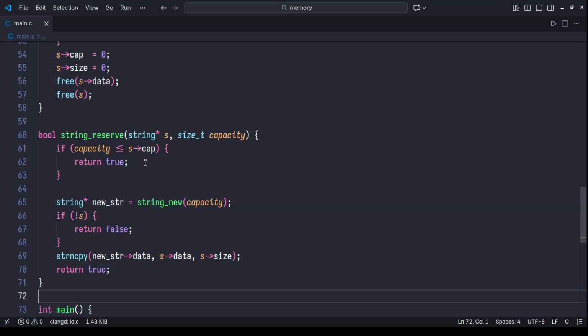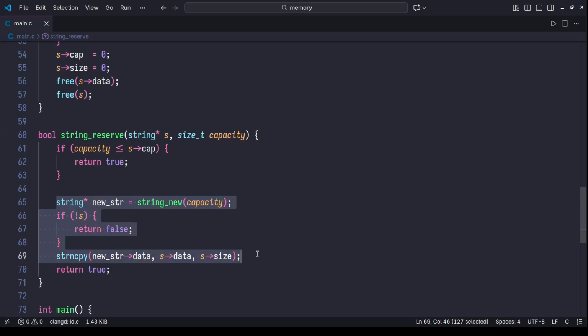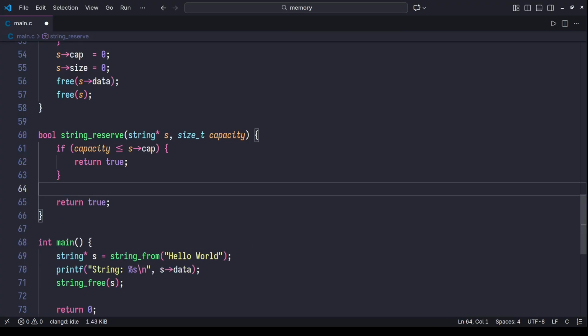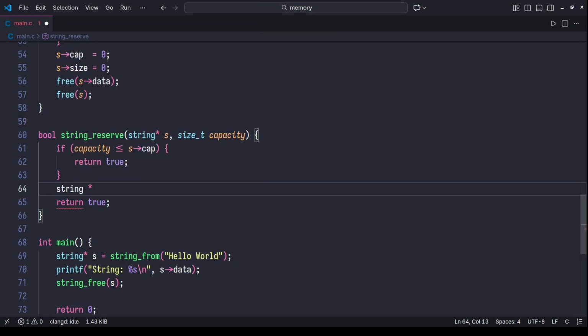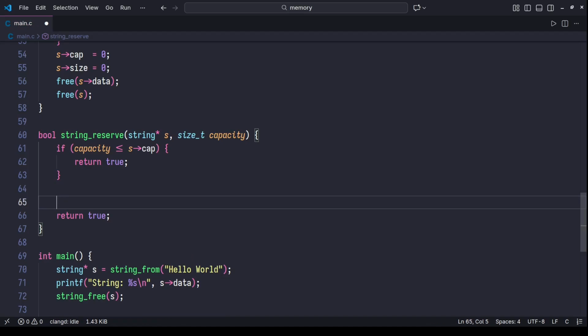Since this is assumed to have been already allocated, and we are just trying to grow, you do string. You basically need to allocate the new data only. So you do char, call it new data is equal to